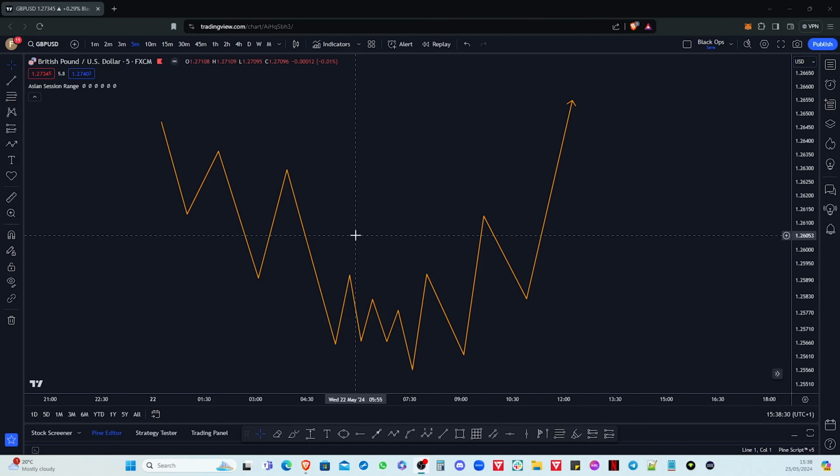In this video, we are going to go over ICT concepts, but more importantly, we're going to go over market structure shifts. So let's just get straight into it without wasting any time. As you can see, I've drawn out this little diagram here where I cover essentially price action, right? And this price action is fairly standard. We're likely to see variations of this. It's not going to be exactly like this, but when we're looking at our charts, we'll be able to see